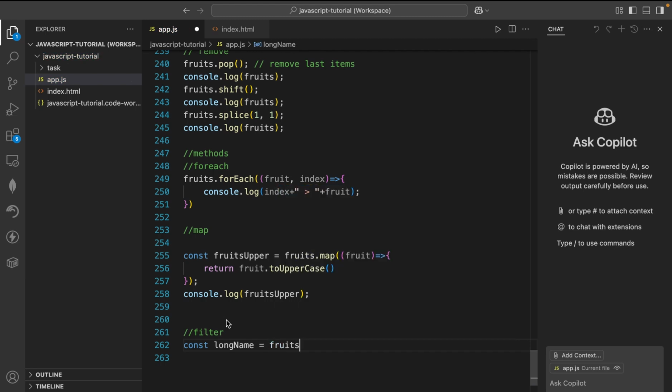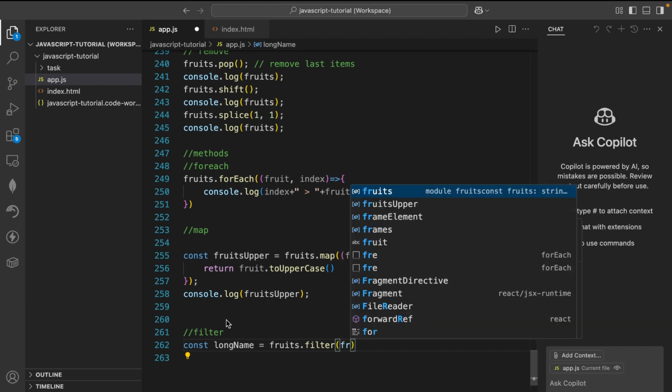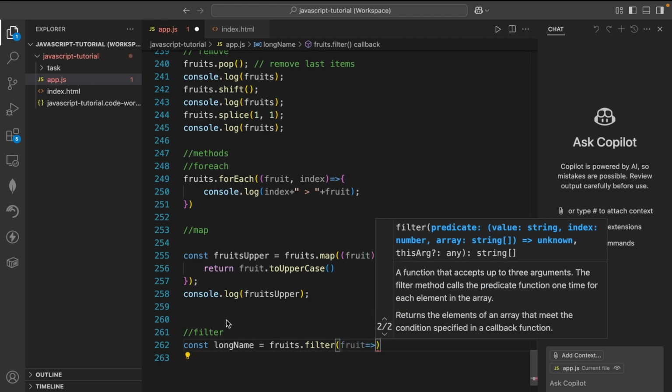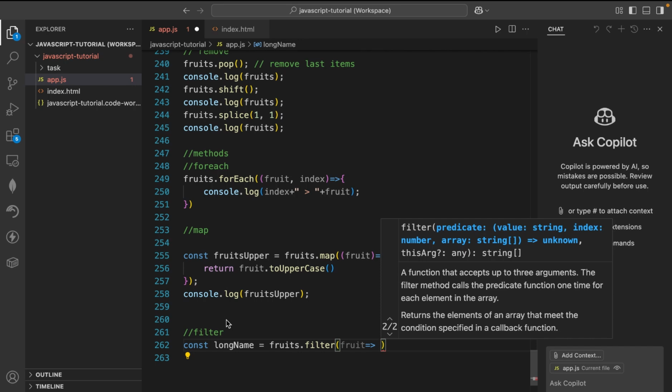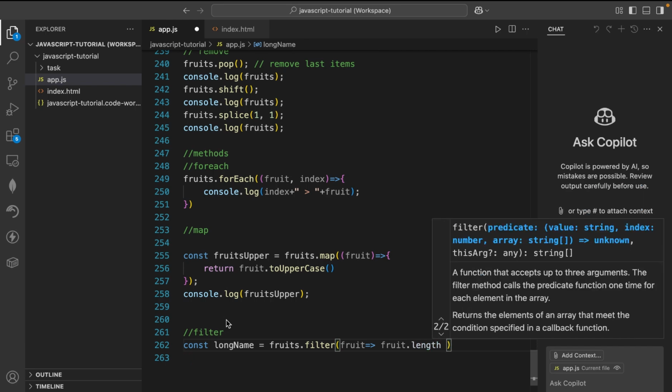I want to filter the fruits that have more than 5 characters. Filter returns an array. So I'll say fruit, if fruit dot length is greater than